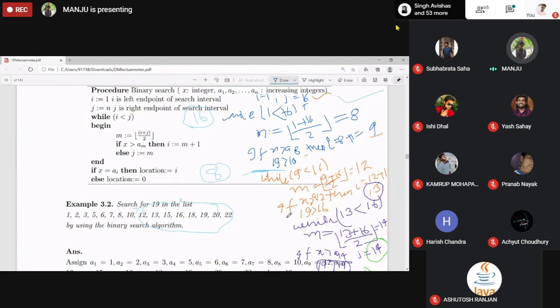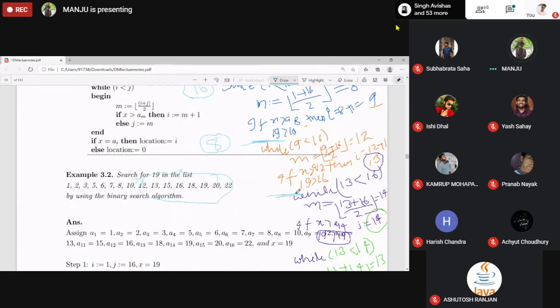After checking this step, how many elements? A13, A14, A15, A16. That is A13 is this one. So the new search interval is restricted to 4 elements. So at this time, 8 by 2, 4.